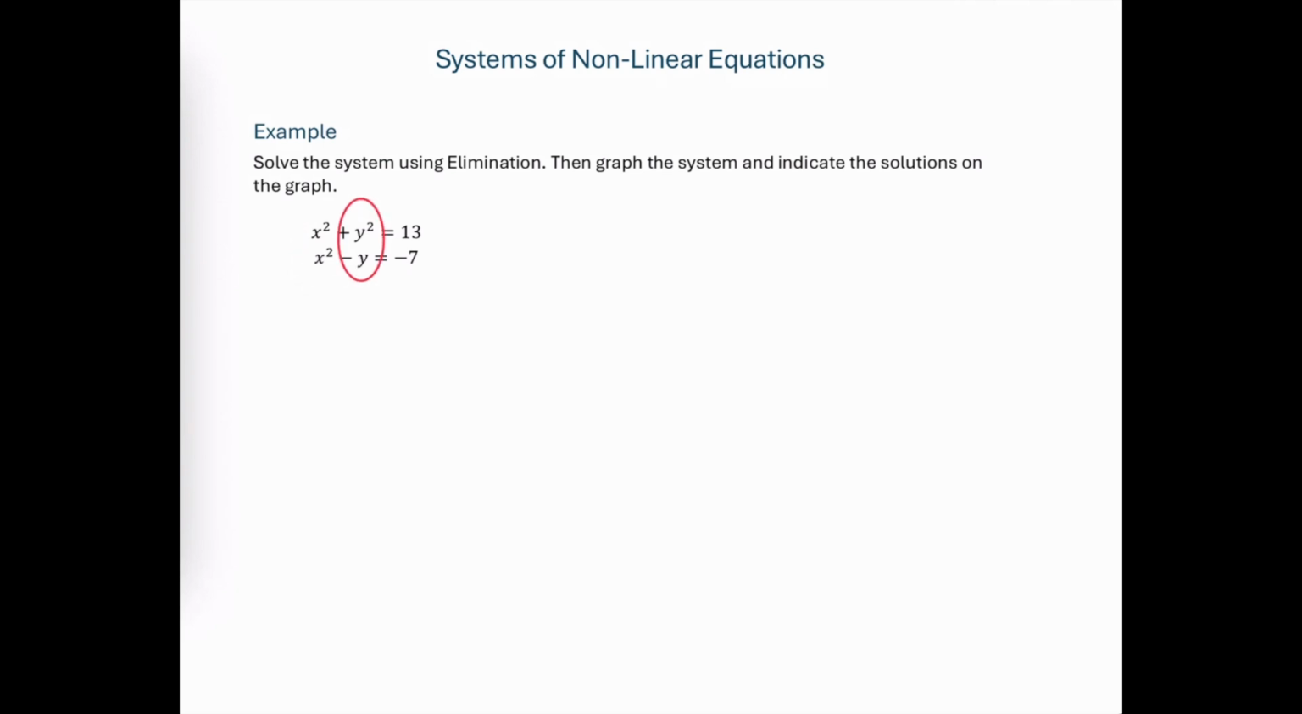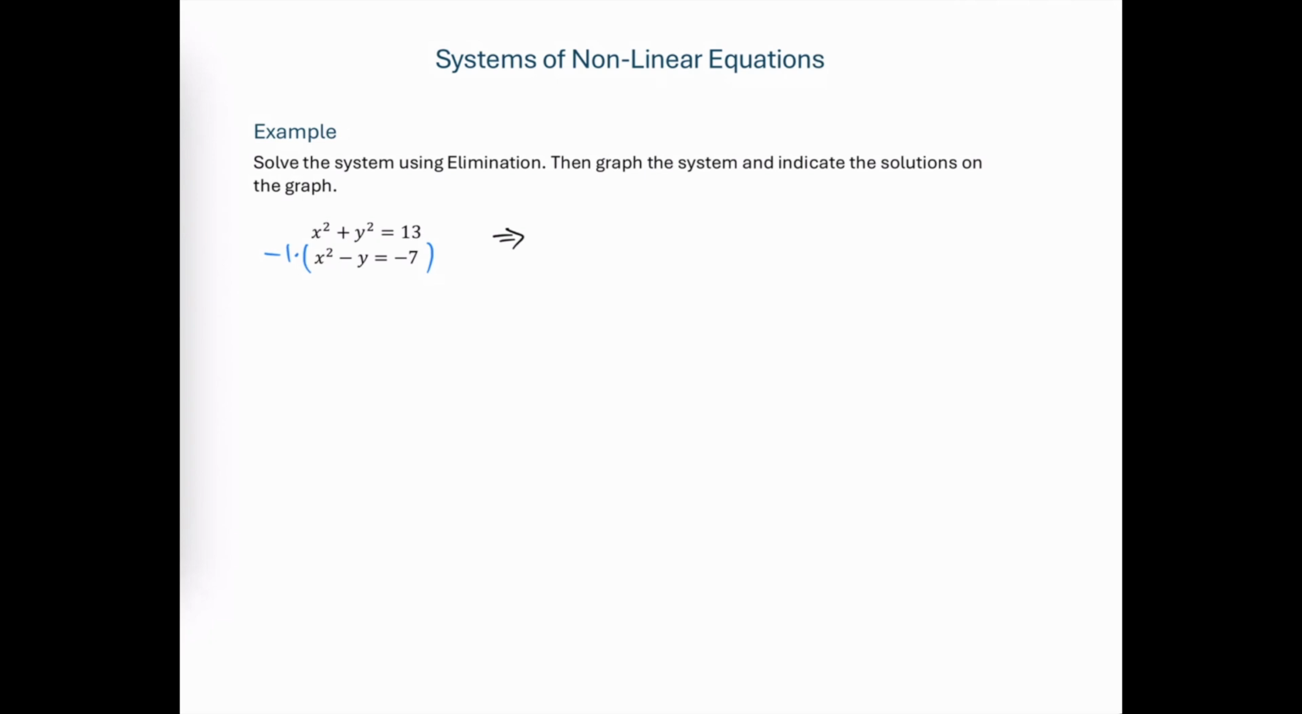Notice we would not be able to eliminate the y variable because in the elimination method, we can only multiply an equation by a non-zero constant. We cannot multiply by y because that would change the graph of this second equation. So the only variable that we can eliminate is the x, and we can do that by multiplying the second